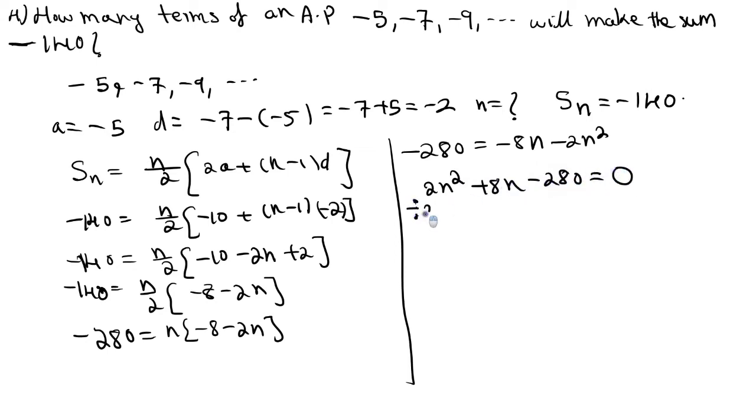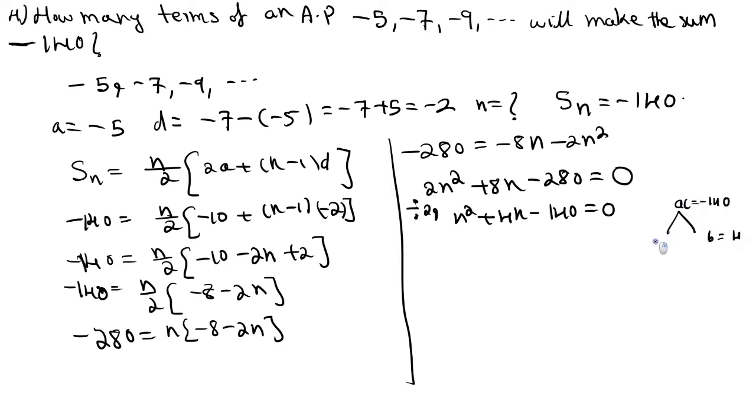Then dividing throughout by 2, divide this whole equation by 2, what you will get? N square plus 4N minus 140 is equal to 0. Now you can see, right, it is a quadratic equation. Factorize or use the formula method to solve the quadratic equation. Instead of the formula method, here I will use the factorization method. See, the AC value you have to get is -140, but the B value you need to get is 4. Find two numbers. We know, right?